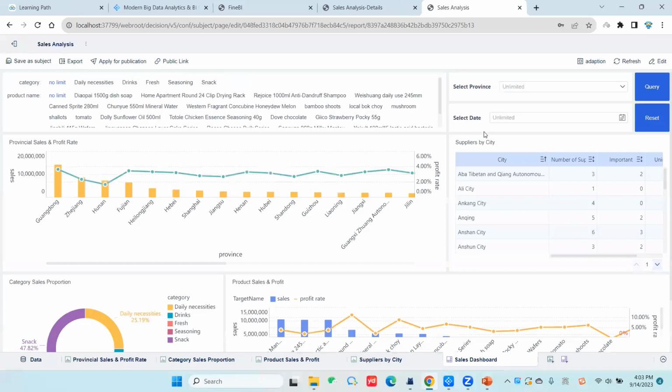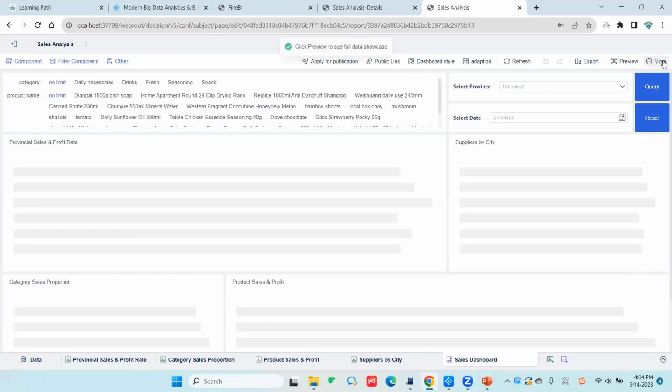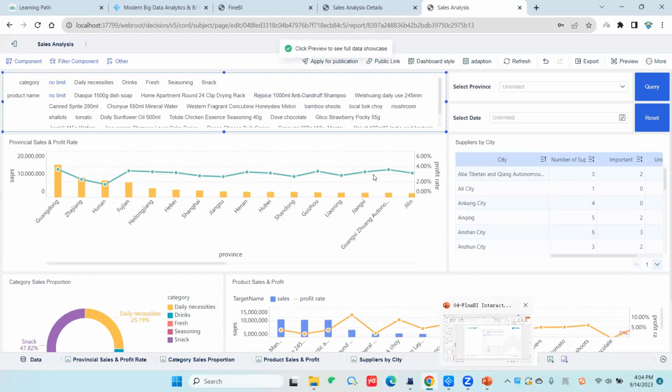So this is about filter. And so far we've already added a lot of functionality to the dashboard to make it interactive. But this is not enough if you want to share this dashboard with your colleague or even make a presentation to your executives. And to beautify the dashboard,